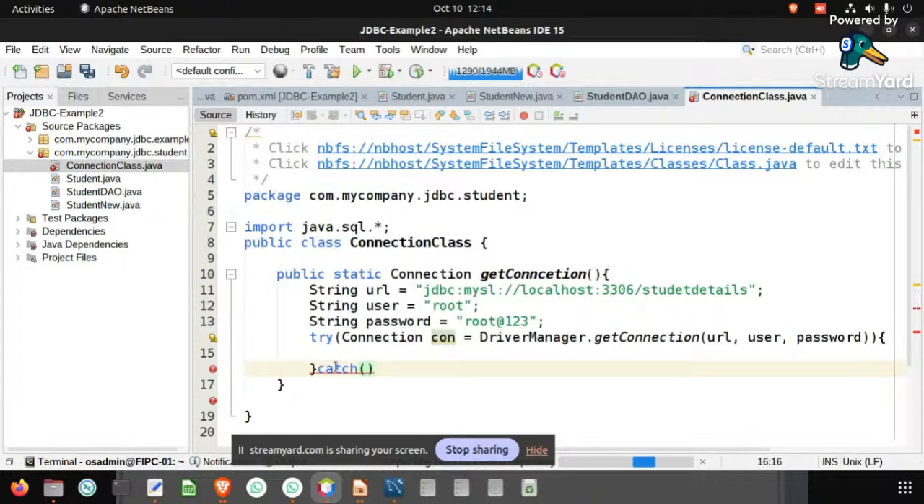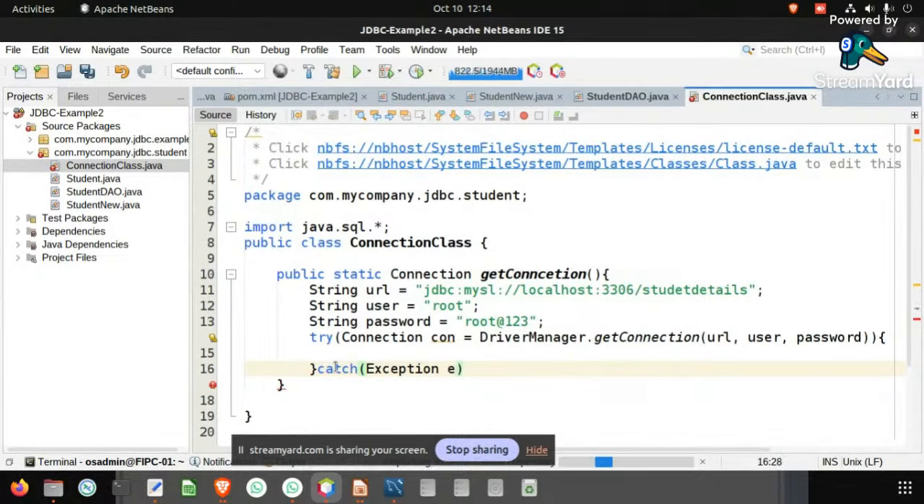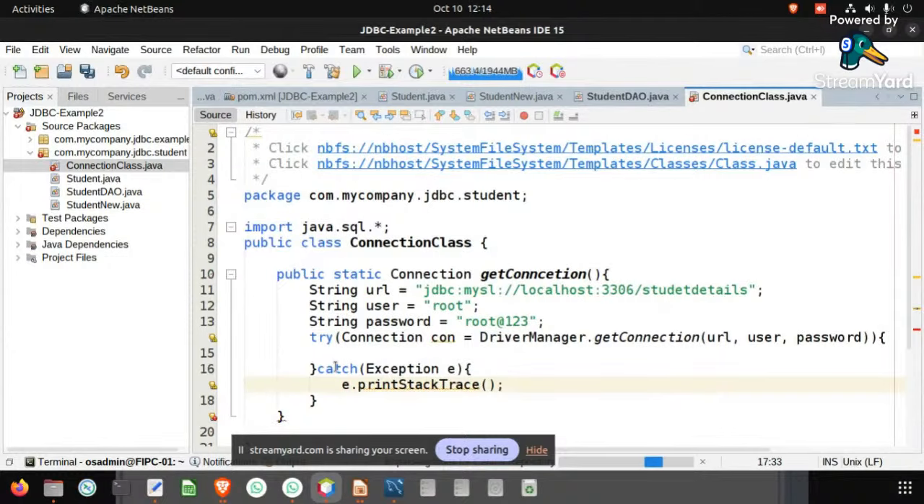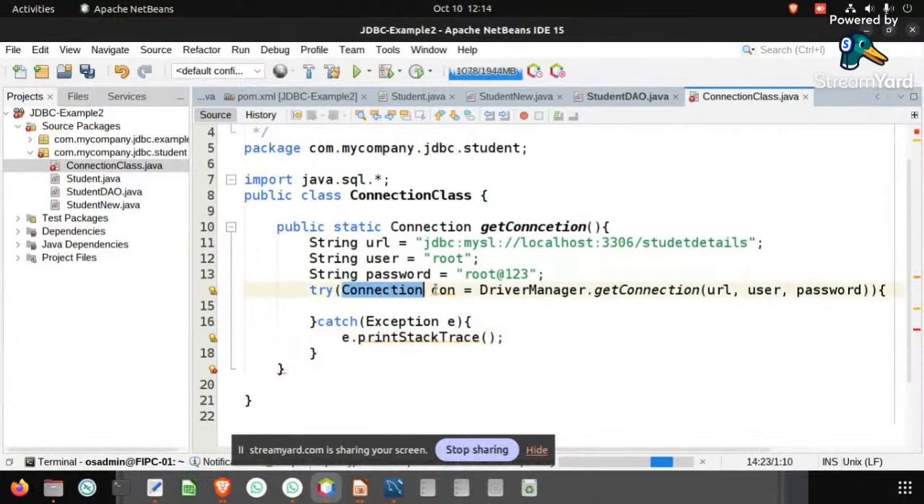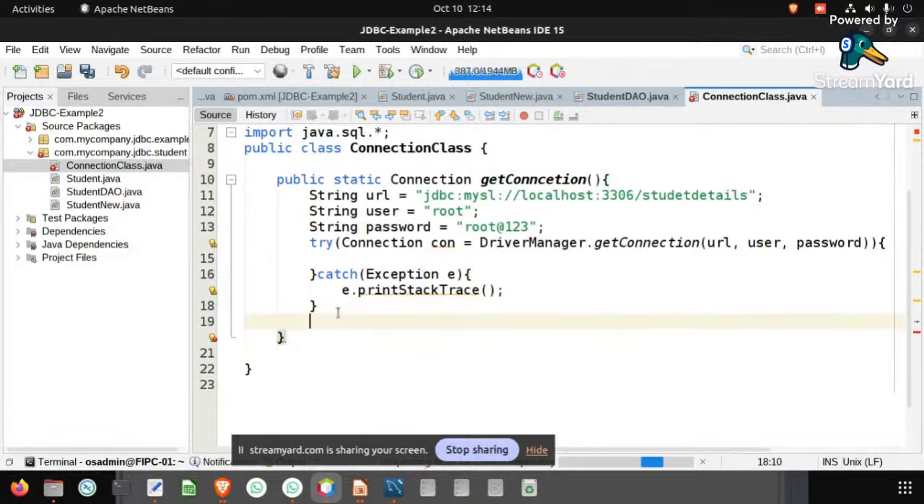Exception e, so e.printStackTrace. Okay, sir. Now, when I try to execute, this try block will try to create my connection. Once it is connected, now I can use that connection to create my statement. So now what we are going to do is just return my connection. That's it. So to use this,